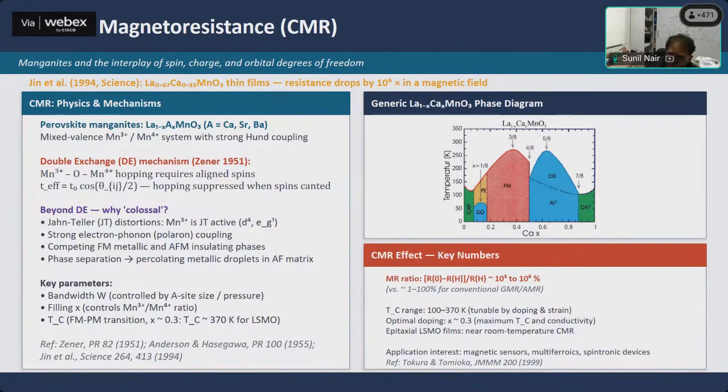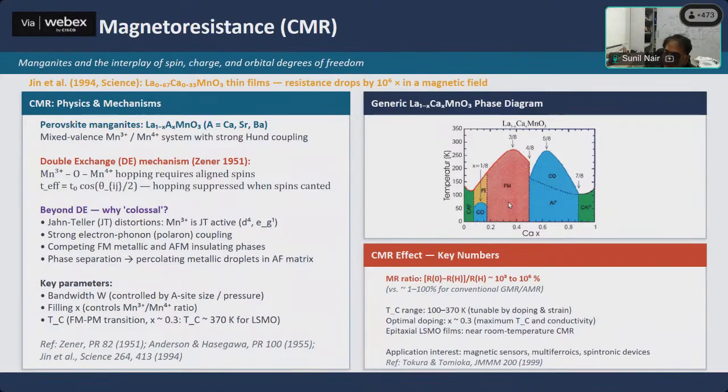And one of the most important ones is a class of materials called the manganites. So these are basically different kinds of manganese oxides. A generic phase diagram is shown here. I would just like to remind you about the cuprate phase diagram earlier. This works in kind of similar fashion. For instance, you start off with a Mott insulator. You hole dope it, so you dope charge carriers into the magnetic lattice, and then that Mott insulator transforms to a ferromagnetic state. In the cuprate phase diagram, you have that Mott insulator transform to a superconducting state. But here you have a ferromagnetic state shown here in red.